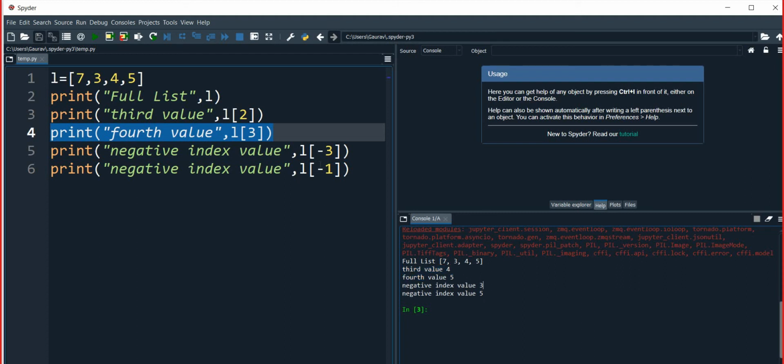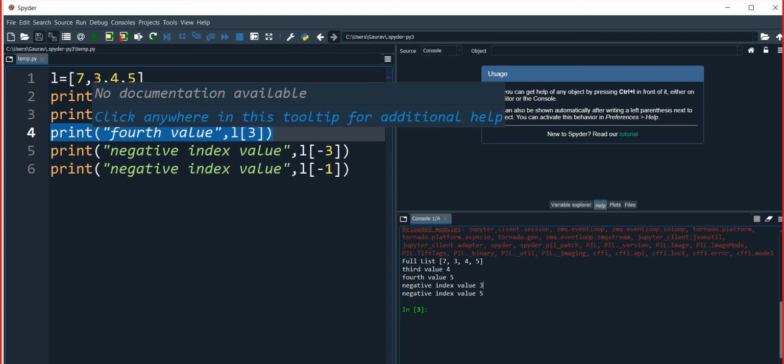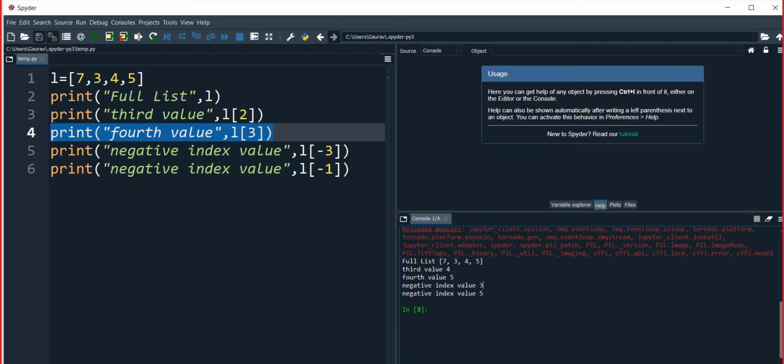Same as negative index -3 means -1, -2 and -3, that means the value is 3. And same as -1, the first value from last. -1 is the last index value, that's why the value is 5. ठीक है, this is clear or not? Till this it is clear?